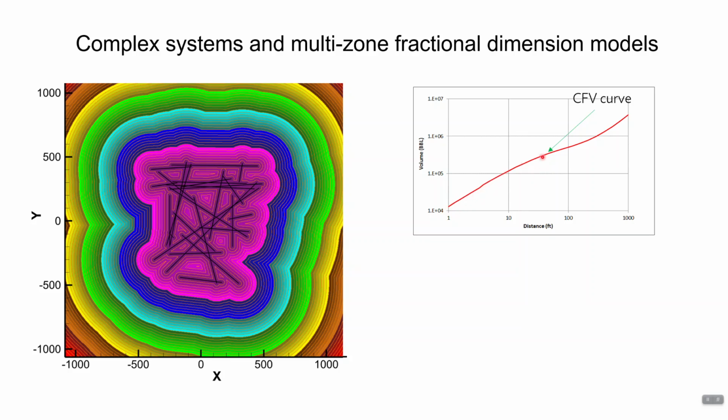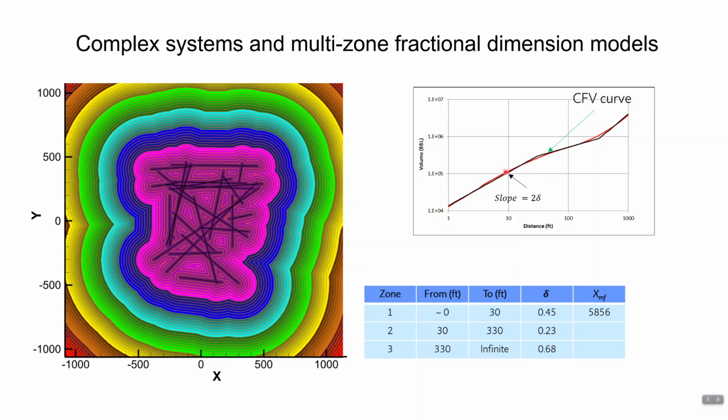Once I have this plot, what I do is I approximate this with straight lines in log-log, and these straight lines become power laws, and the slope of them is 2 delta. Here, for example, I have 3 segments, one from 0 to 30, the other from 30 to 330, and the other from 330 on. With this, I'm able to create a system with 3 segments that I can convert into a butterfly model. This first segment from the fracture up to here would be from 0 to 30. The next one from here to here will be from 30 to 330, and the third segment is from here